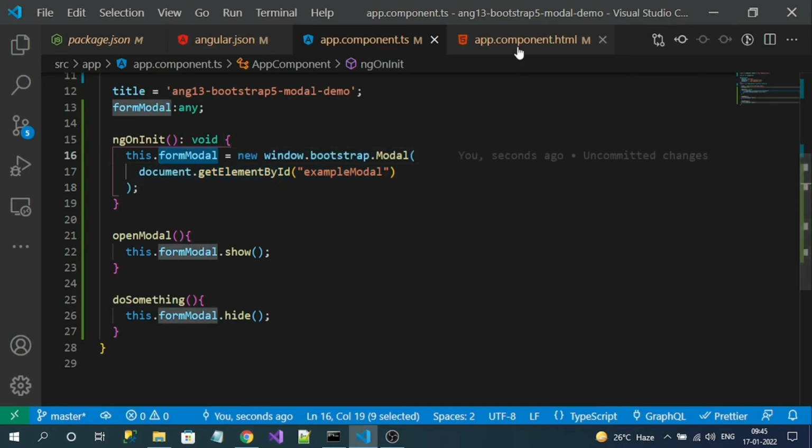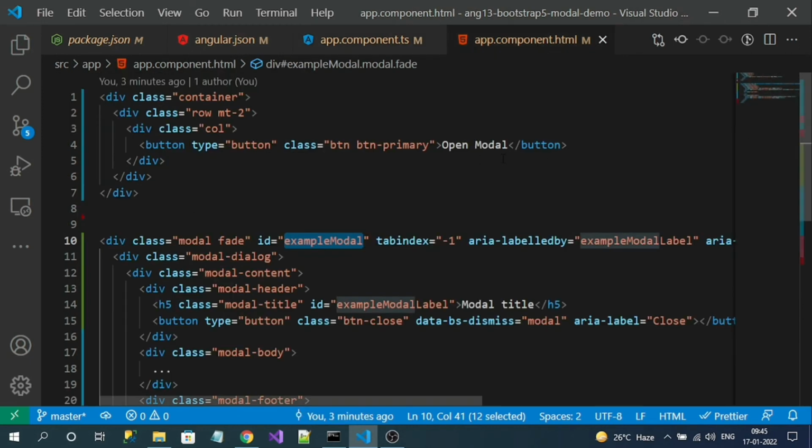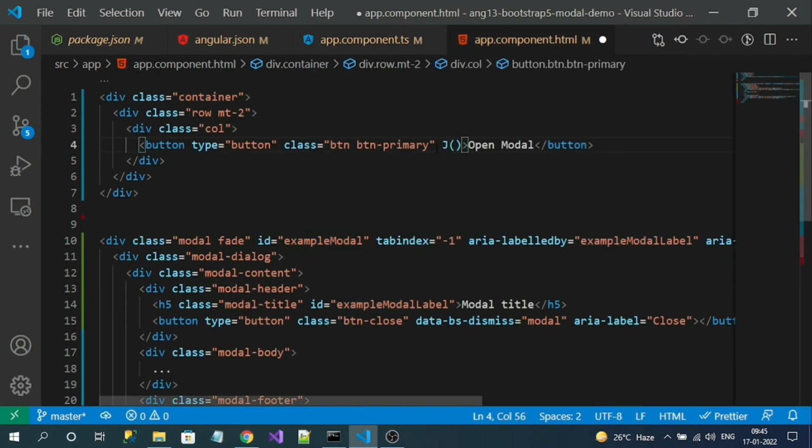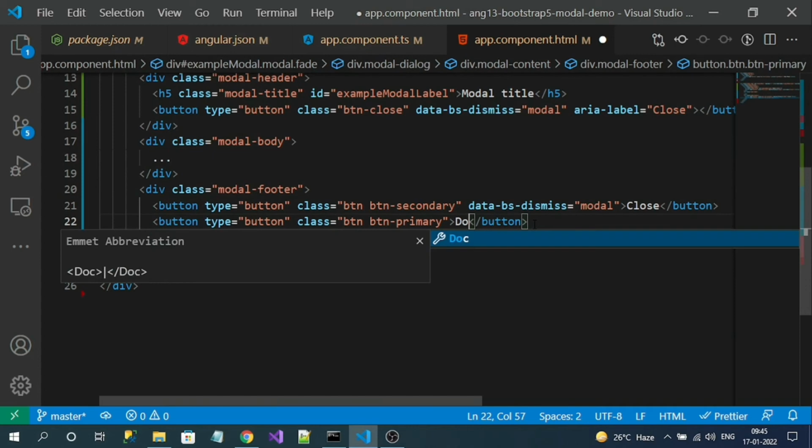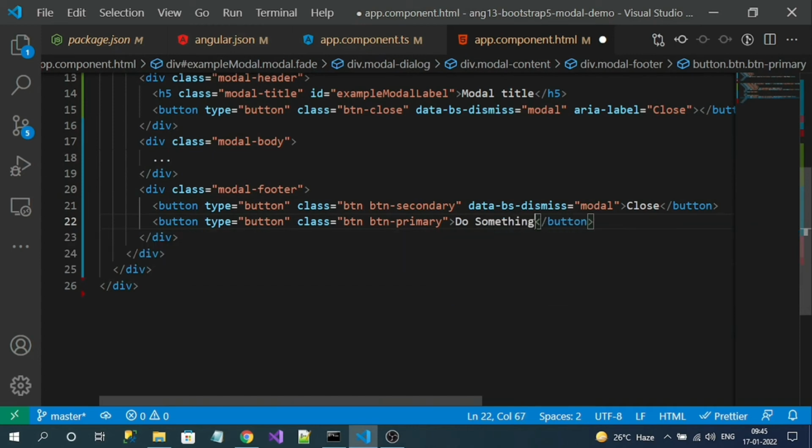Okay. Now in the HTML, let's register the click methods. Let's name it like doSomething, meaning any form data saving, anything like that.